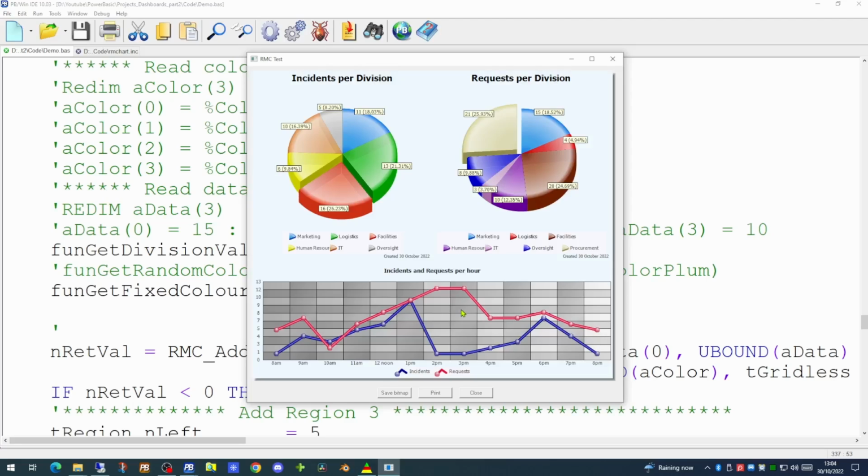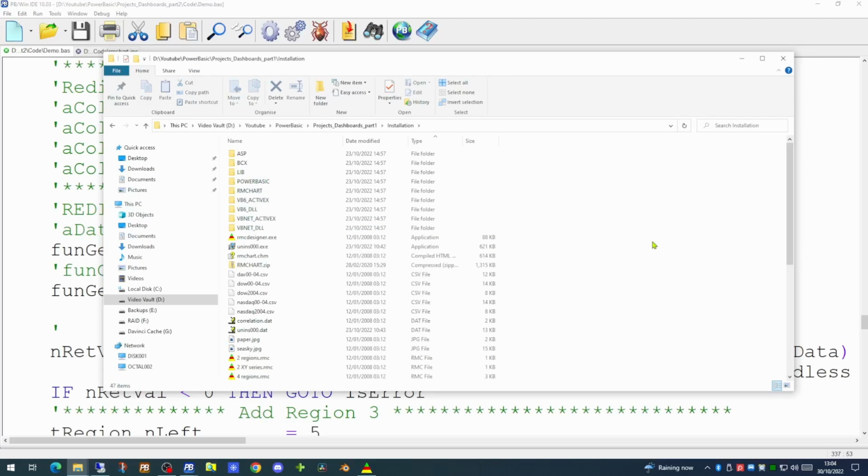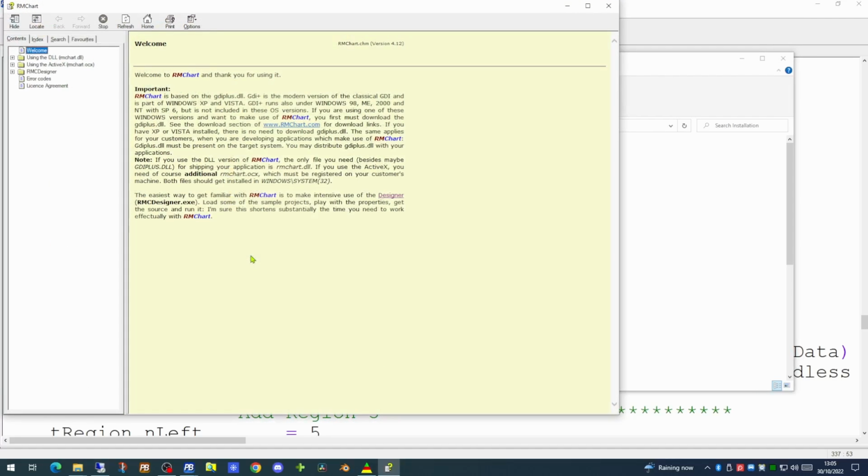There are two further things I'd like to talk about in this video. One is the help file that ships with RMChart. If we look at the installation folder that we covered in the last video, you'll see that in that installations folder there is an RMChart help file. You will find this help file very useful. It goes into quite a lot of detail of how RMChart actually works.